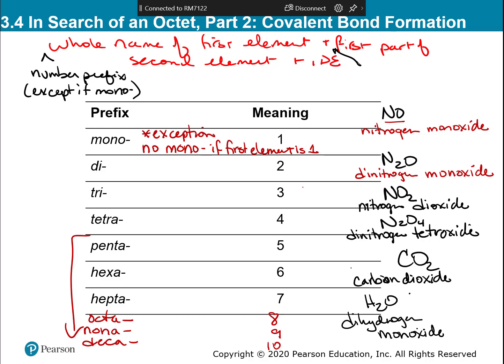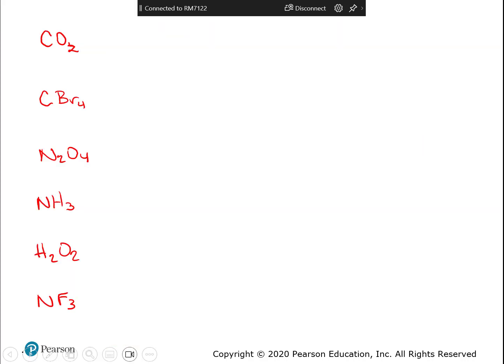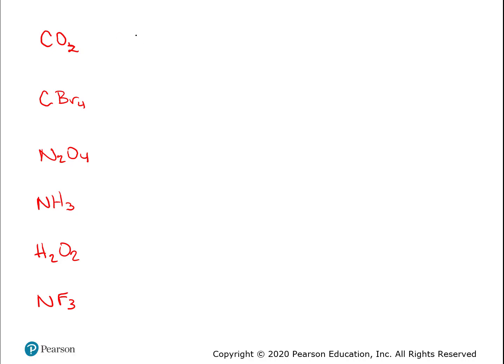Notice none of these have metals. These are all non-metals and hydrogen. So we'll practice a couple of them. So we got CO2 already, right? So CO2 is carbon dioxide. And you can have carbon monoxide, carbon dioxide. You can even have carbon trioxide. And this is the reason, because there's different numbers of them,